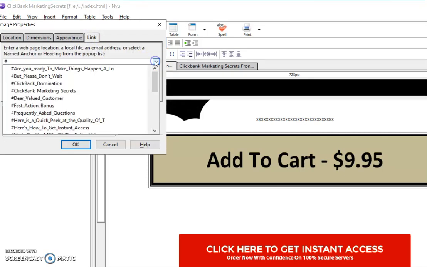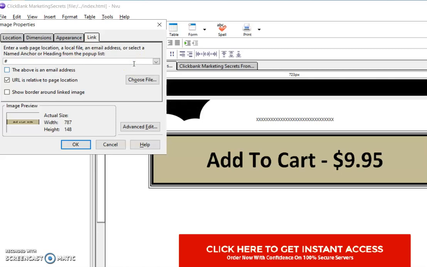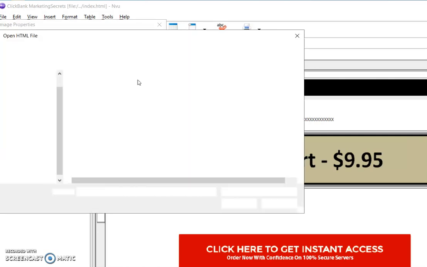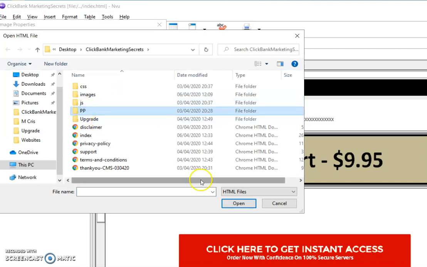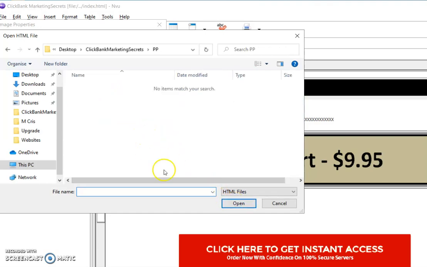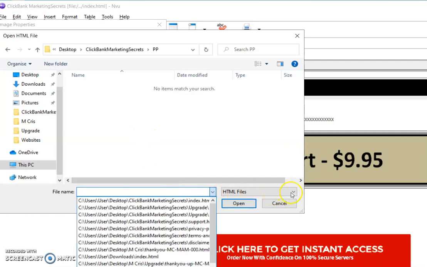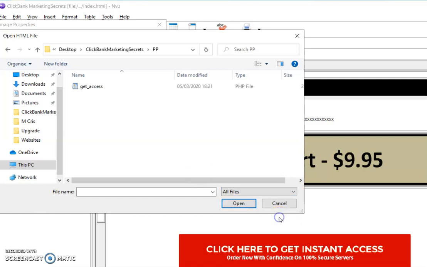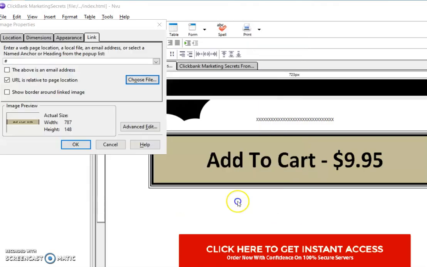And now what you've got is here, you see, so what's going on here? Oh yeah, look, URL is relative to location, so choose file. That's funny. Yeah, that's right. Okay, so here we go. Choose file, open. It's not there because it's HTML, so I want to do all files. All files it will show. Okay, there we go. You see it's got the folder and it's got the thing in. So you see that? So its URL is relative to page location, because when we upload it, this script is,